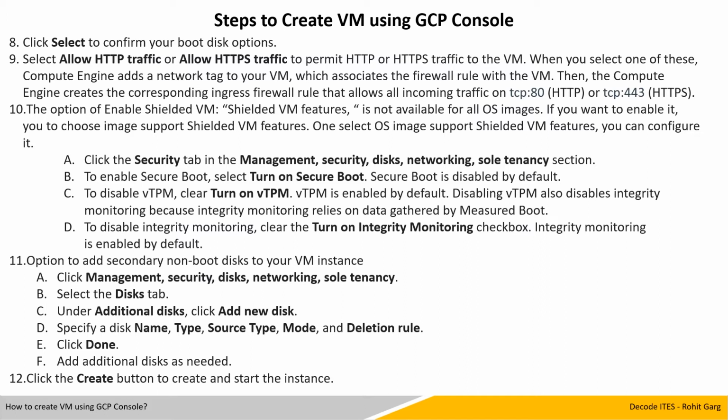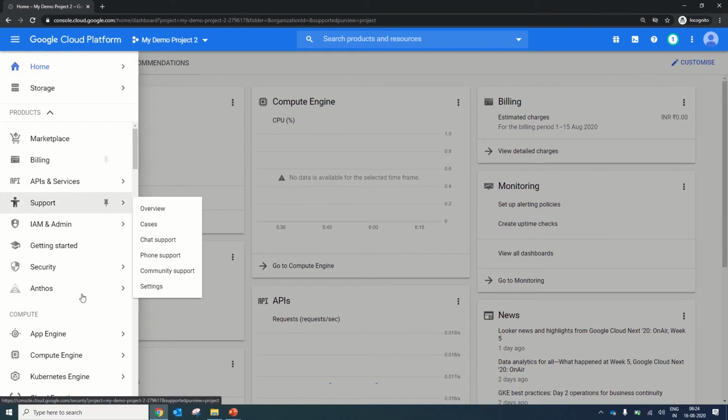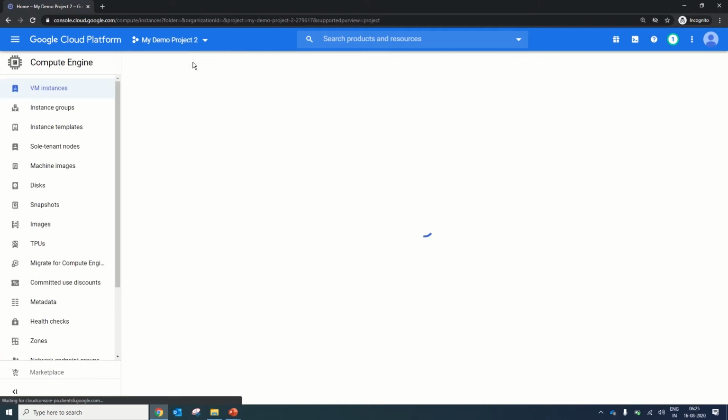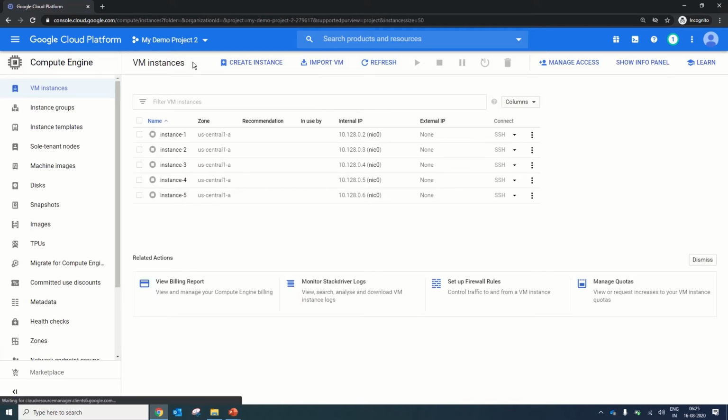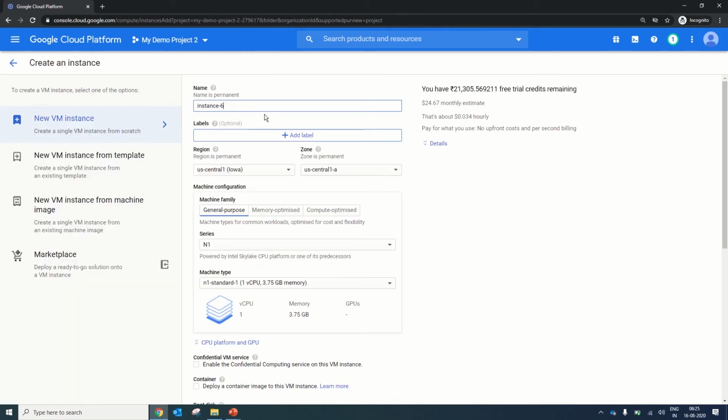Let's move to the Google Cloud Console page and we will perform these steps and review all available options while creating virtual machine. This is our Google Cloud dashboard page or web console home page. For creation of virtual machine, you need to click here and you need to browse to Compute Engine and VM instances. Once you click on VM instances, it will take you to the VM homepage and it will list down all available instances in your particular selected project. To create a new VM or new instance, you need to click on create instance and now your journey of creation of VM is started.